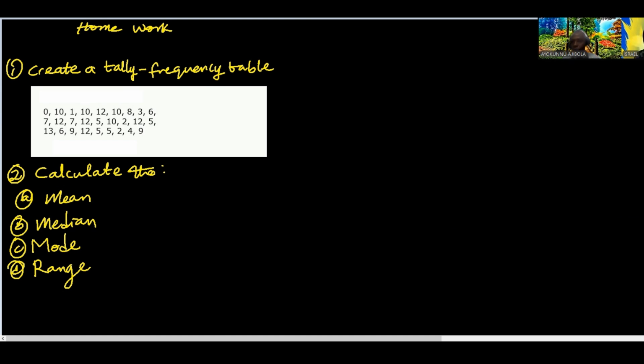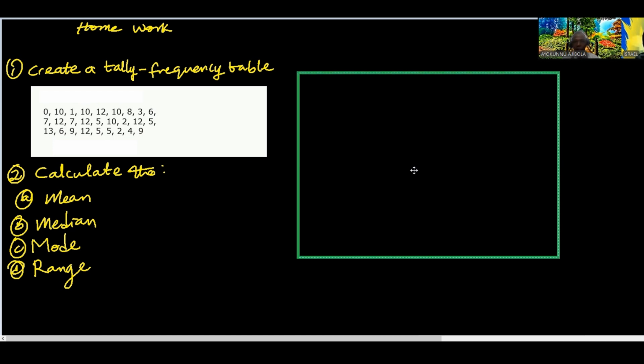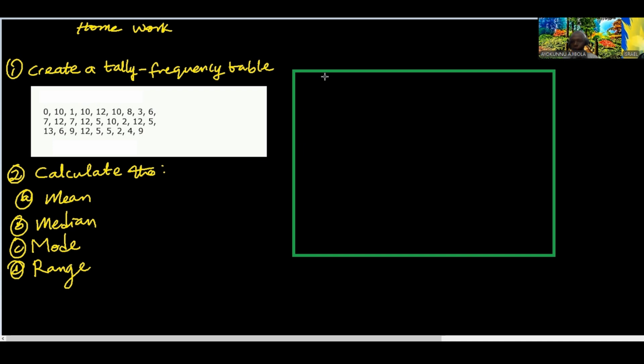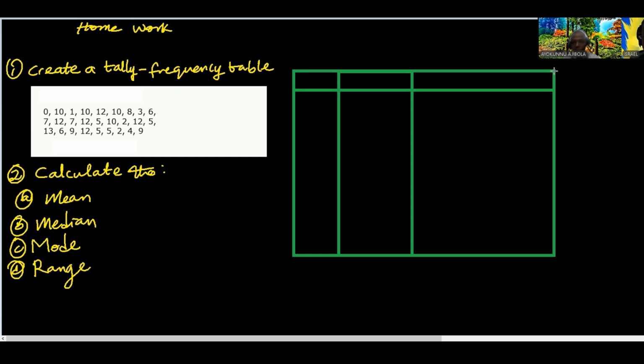Let's quickly look at it and see what we can do. Firstly, we need our frequency stuff here. Then we can group this data, like I said, but even if we're not going to group it, we can just get, let's say, let me try to get this. So if I'm going to write this data, I have